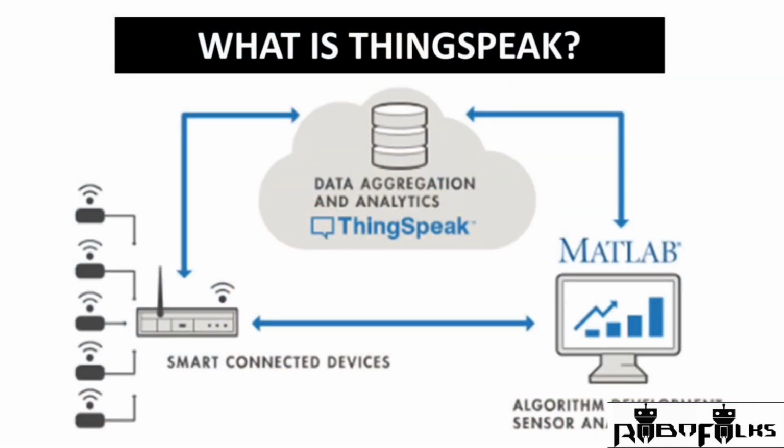Hey friends, I am Harpreet Kaur Arora and in this video we will cover ThingSpeak. So let us understand what is ThingSpeak. ThingSpeak is an open source IoT application and API used to store and retrieve data from things using HTTP and MQTT protocols over the internet or through a local area network. MQTT is a communication protocol which uses TCP or IP sockets.